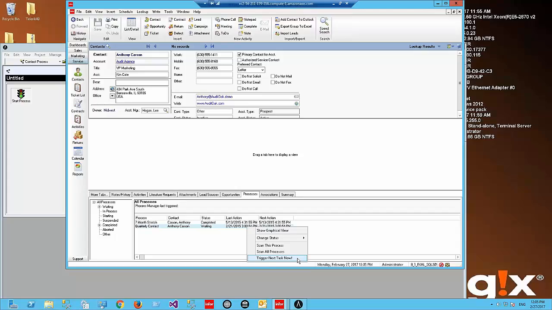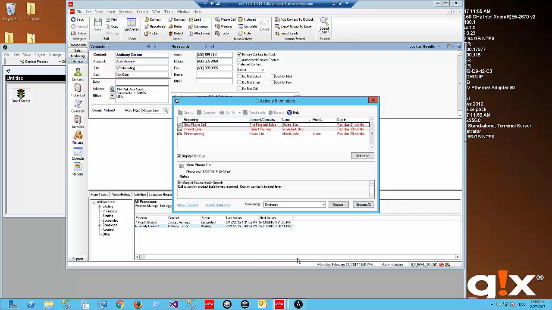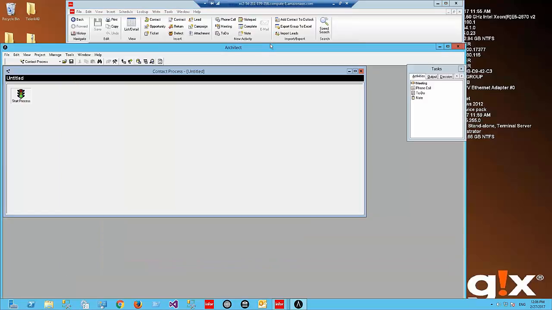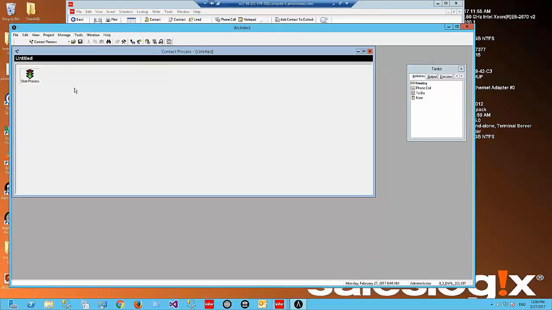Now, the triggering I usually use when I'm trying to test a process. I could call it kicking it to the next step. So when we build a process, we may have time lapses built within that process that we may want to go in and just trigger the next task now so we can see how the process is running. So with that being said, let's look at how to actually create a process, and then we can look at how to assign it here. So back in my Architect, not the Application Architect, but the regular Architect,